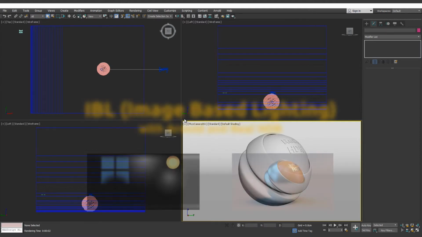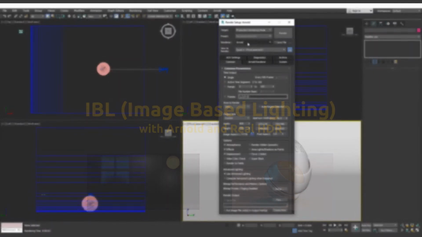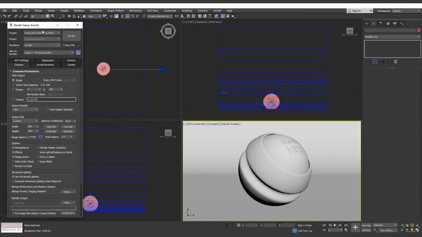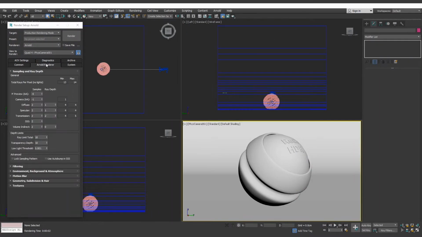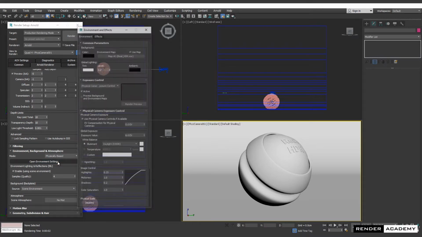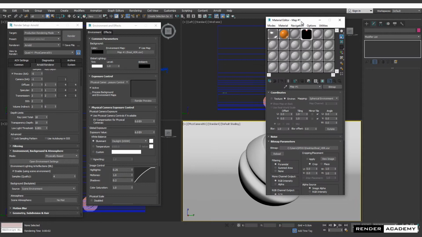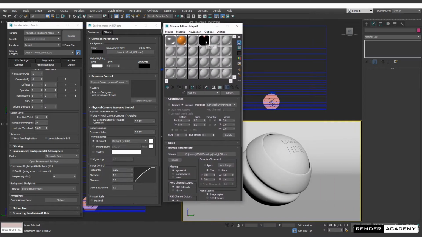Talking about IBL, I was curious to see how Real HDR would work with Arnold. This renderer is built into 3ds Max and Maya, if I'm not wrong. I'm not an Arnold user, but I always found it quite appealing. So in Arnold, I assigned the environment setting with my HDR texture, which is parsed by the bitmap map